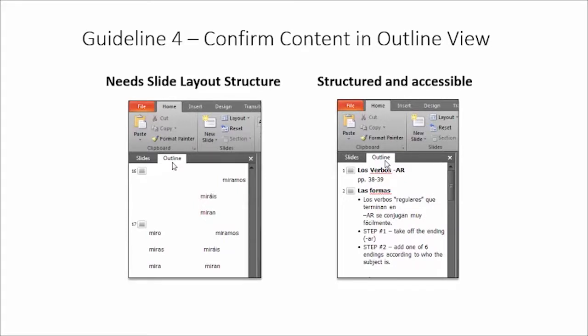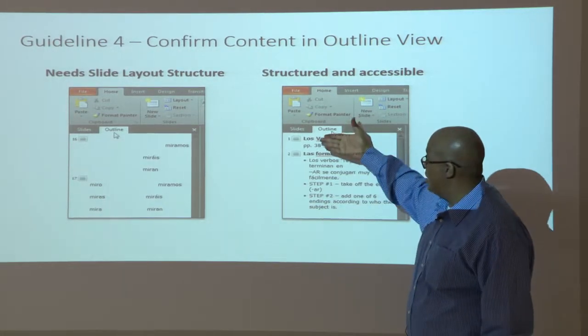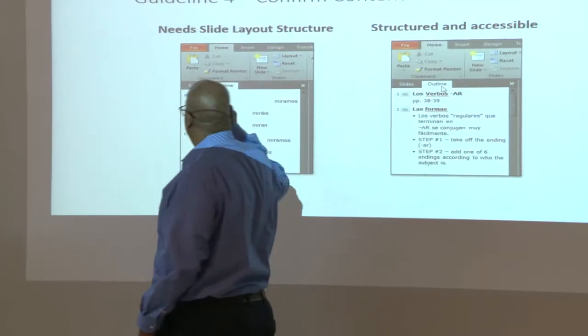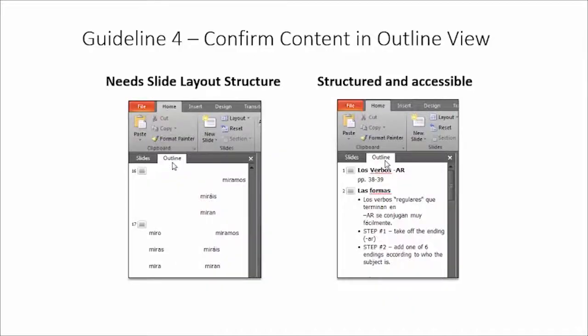Now I want to just show you something real quick. If you did the Word training, some of you did not, these slide titles act as sort of our headings. Again, we can just click on a slide title and it'll take us to that slide. It lets us navigate. Here, on the left, you see how this is all jumbled up? This is because I added text boxes. I added a bunch of text boxes to that one. That's why it's jumbled up like that.